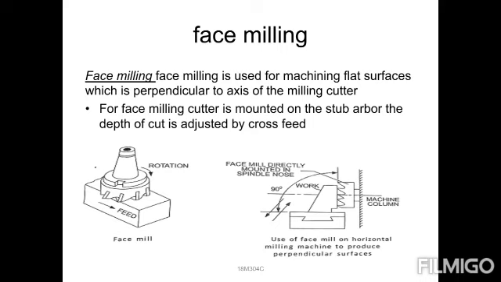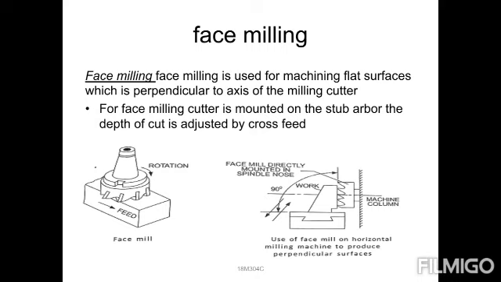So maximum amount of material is removed. It is used for the machining of flat surfaces which are perpendicular to the axis of the milling cutter. The milling cutter is always mounted on the stub or arbor. So cutters are always placed on the arbor unit, right? Depth of cut is adjusted by the cross feed, which is provided for adjusting how much material